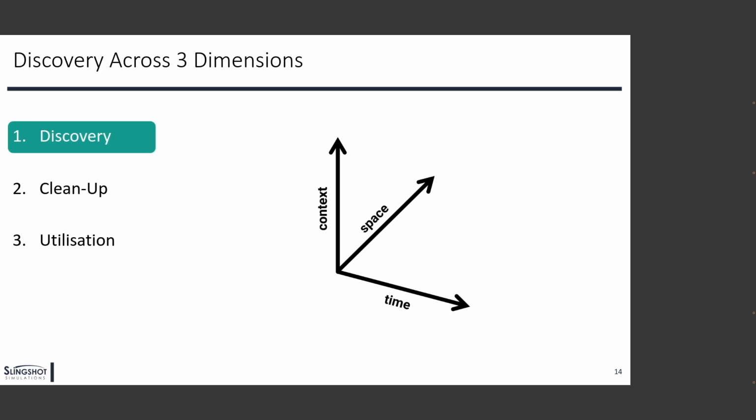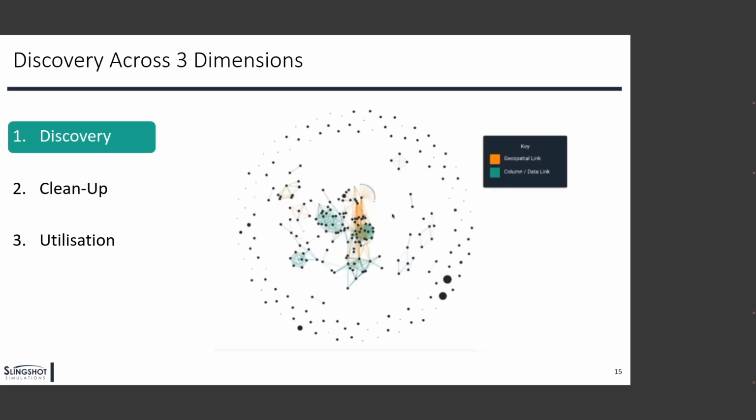And then the data itself, is it temporal? Is it referring to events, might be orders? When did they happen? And how do we pull these together? Together, those three dimensions build a picture of how valuable that data is. But more interestingly, it also gives us an ability to look at how this data is related to each other. One of the findings we have found over the last 2 years looking at dark data is that when you look at data in those three dimensions, context, spatial, and temporal, you can link data across your organization using a graph-based approach.